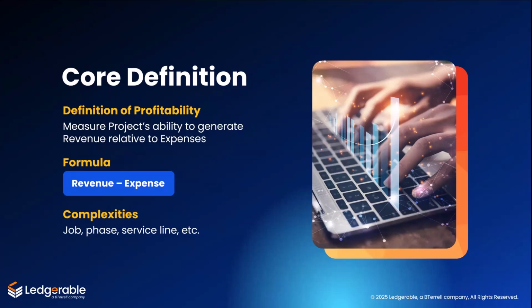It can be analyzed at the service line level. For example, your residential jobs averaging 28% margin versus your commercial jobs that are only at 12%. It can also be analyzed at the customer or region level. Which clients or geographies consistently deliver better returns? When you only track profit at the company level, these insights are buried. But with dimensional reporting, you can filter, compare, and see exactly where your profits are coming from or disappearing.